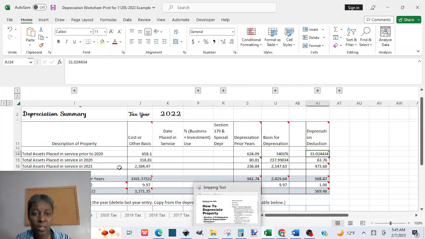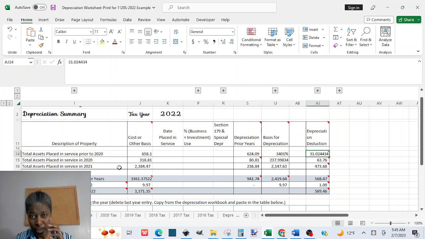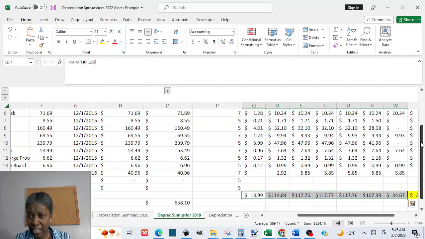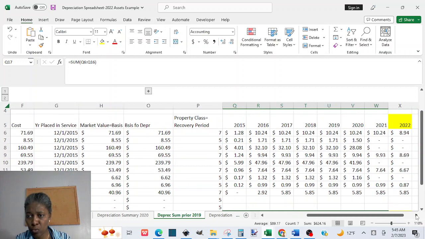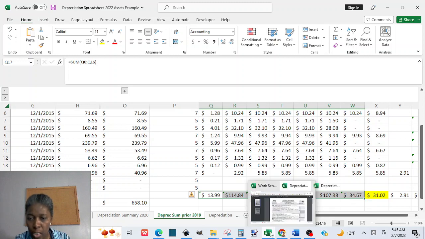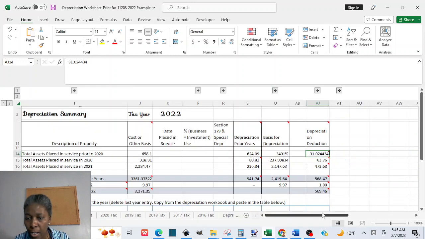So for prior to 2020, we'll go look for it. I tend to highlight it, and it's 2022 year, and it's 3102 for asset placed in service 2019 and prior. Is it here? Yeah,